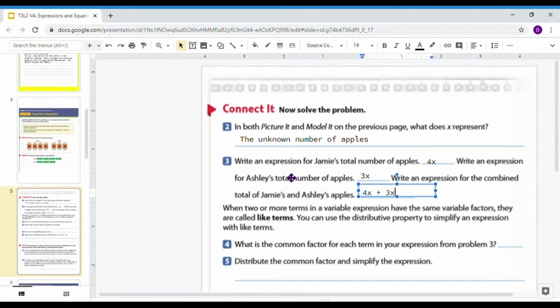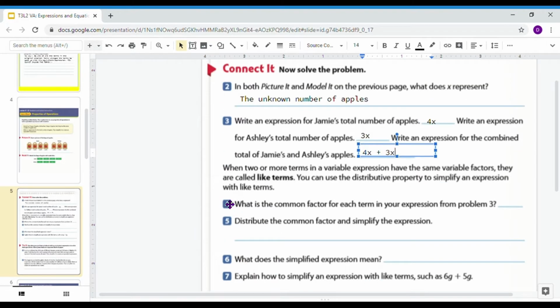And so now that we've come up with that expression, it says when 2 or more terms in a variable expression have the same variable factors, they are called like terms. We've talked about combining like terms often. You can use the distributive property to simplify an expression with like terms. So what is the common factor for each term